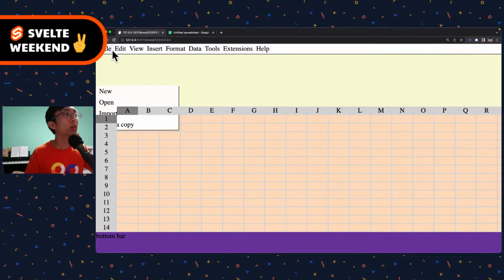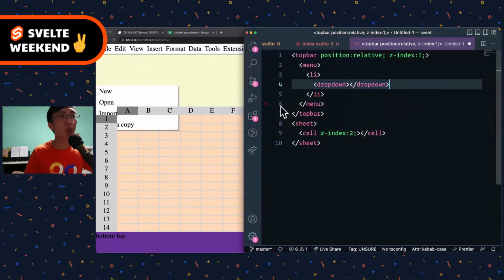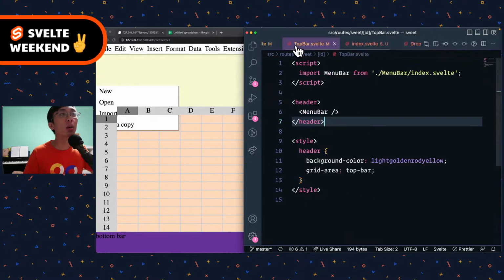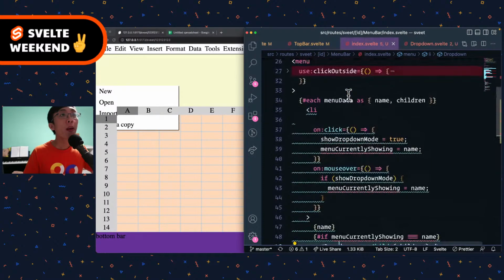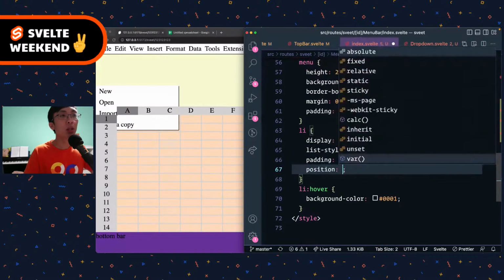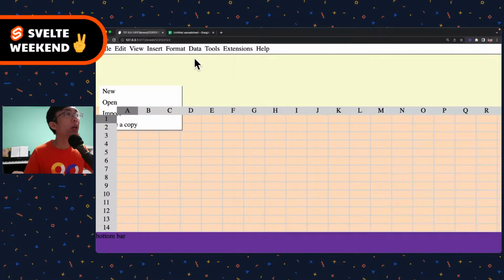So here you see that it's relative to the screen, because none of its parents has a position set. But if I go to the list item over here and set position relative, then now the nearest parent that has a position will be actually the list item, so it will be relative to